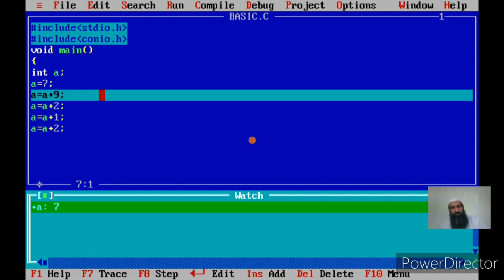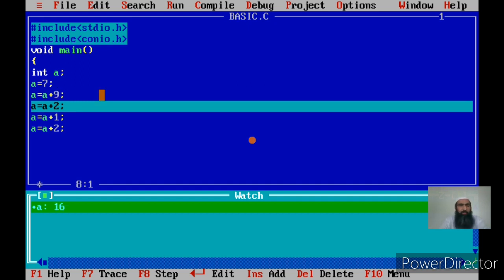Once I press F7, you see again the value of A has changed to 16 because the previous value was 7. 7 plus 9 is 16. Now in the next statement I will be using the current value of A, and this is the form. All these forms I have written in the statements are what I call a typical form. Typical form means in the LHS and RHS I have the same variable A. You can watch any variable through this. It's not necessarily that we have statements of this form. Any statements of any form where you are using variables and making changes to the variables, you will be seeing after every step what are the changes in the variable.